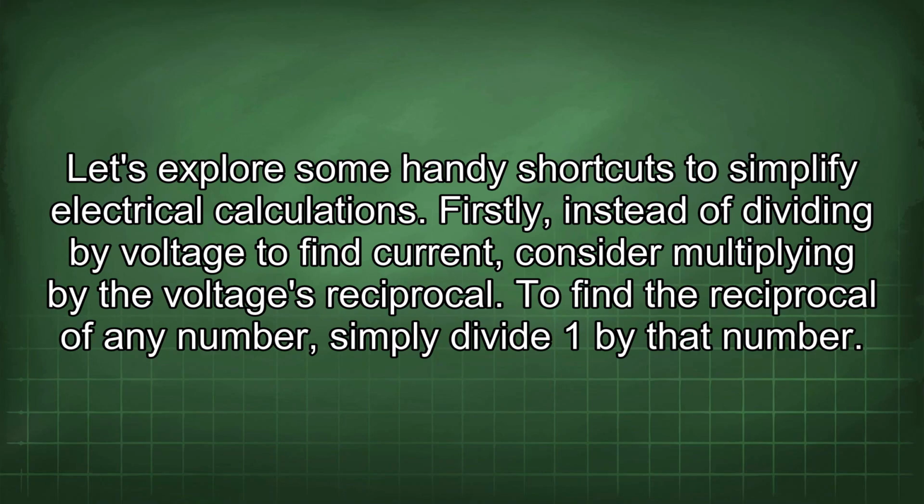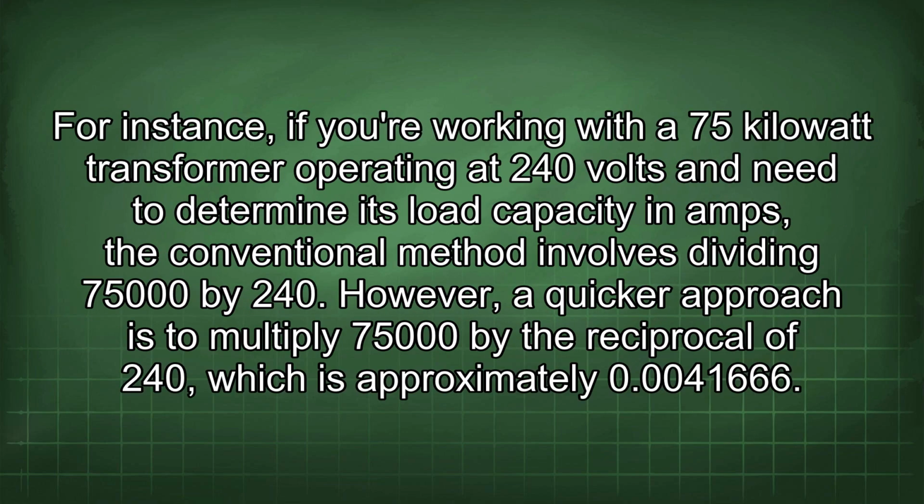Let's explore some handy shortcuts to simplify electrical calculations. Firstly, instead of dividing by voltage to find current, consider multiplying by the voltage reciprocal. To find the reciprocal of any number, simply divide 1 by that number. For instance, if you're working with a 75 kilowatt transformer operating at 240 volts and need to determine its load